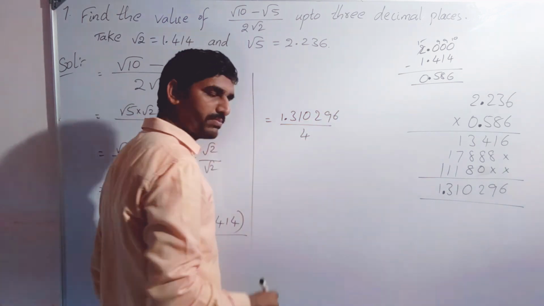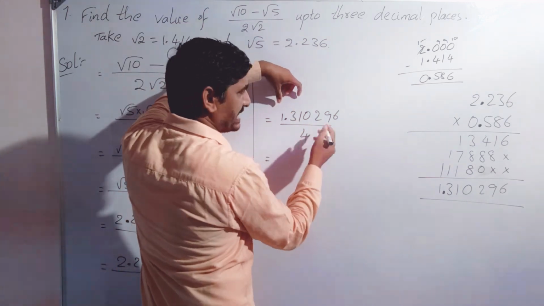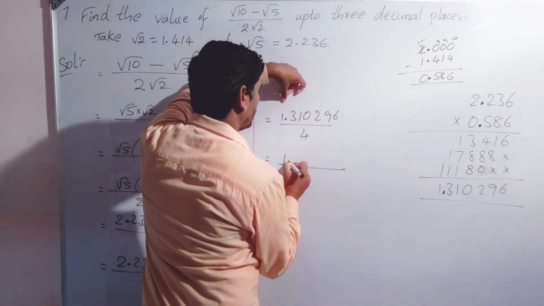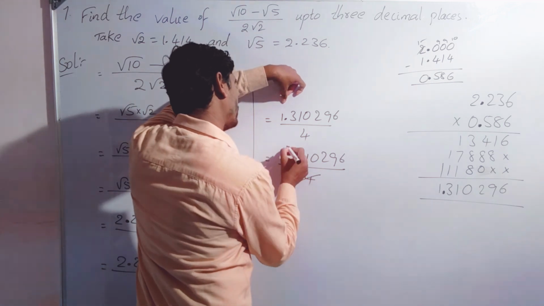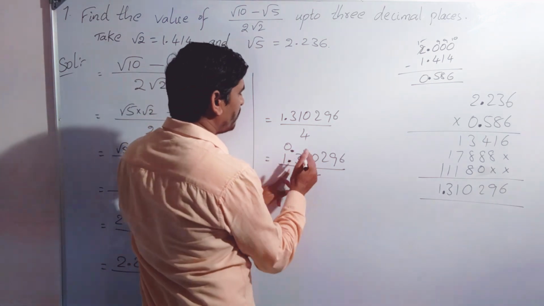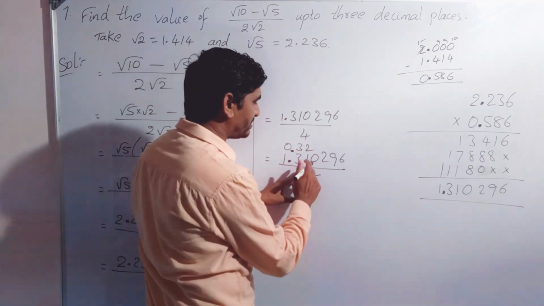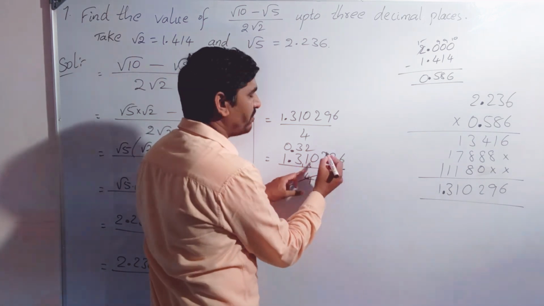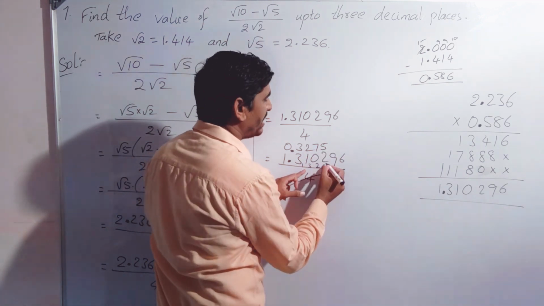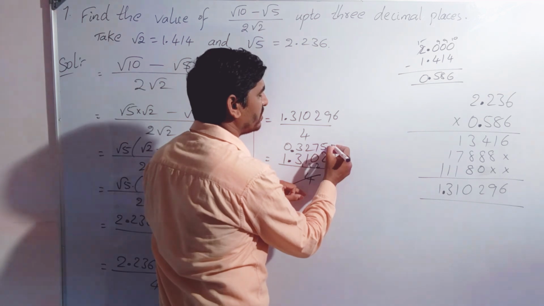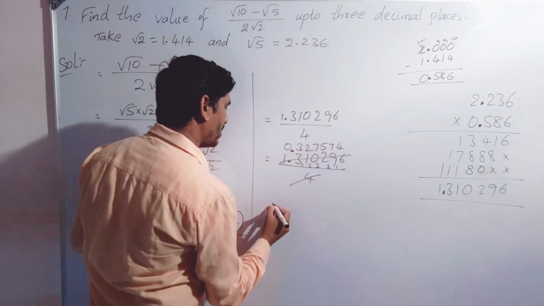1.310296 by 4. Now simplify this by dividing. 4 zeros are 0, point. 4 threes are 12, 1 we will get. 1 1 is 11, 4 twos are 8, 3 we will get. 3 0 is 30, 4 sevens are 28, 2. 22, 4 fives are 20, next 2 9 is 29, 4 sevens are 28, 1 6, 4 fours are 16.